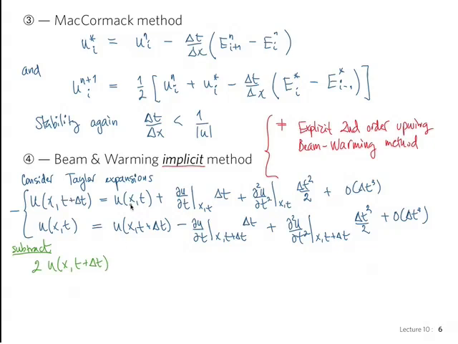Again here, when I subtract this one, it has minus sign on the right, and I move it to the left to have 2 u at x comma t. And these terms here have plus du dt at x comma t delta t,